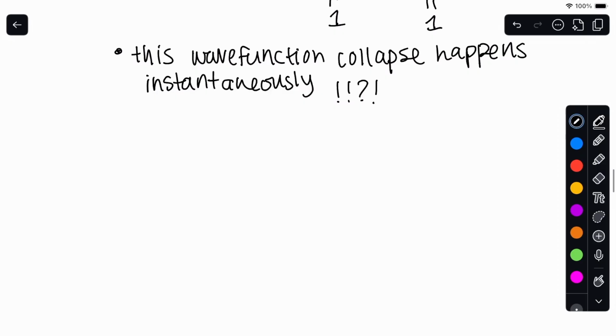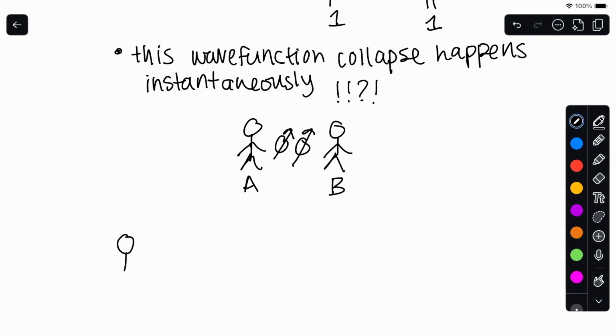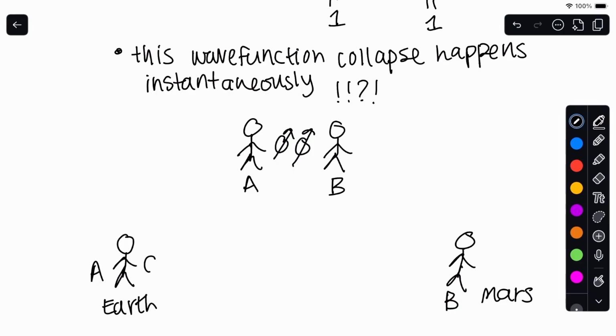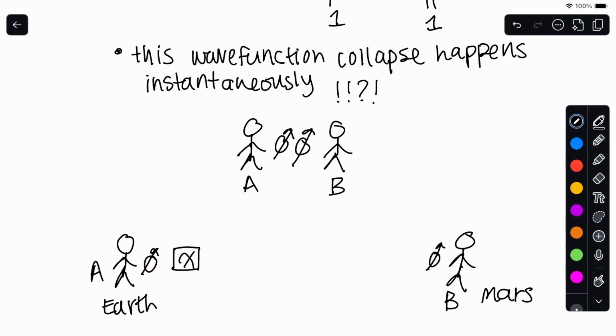So if we have two characters, our good friends Alice and Bob, and they have an entangled pair of qubits, which are in this state |00> plus |11>. And then Alice stays on Earth, and Bob goes all the way to Mars. And they each take their qubit with them. Now, light takes about 12 minutes to travel from Earth to Mars. So let's say Alice measures her qubit, and then 1 minute later, Bob measures his qubit,